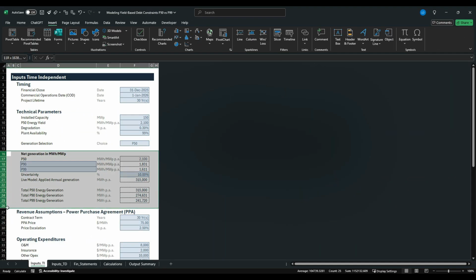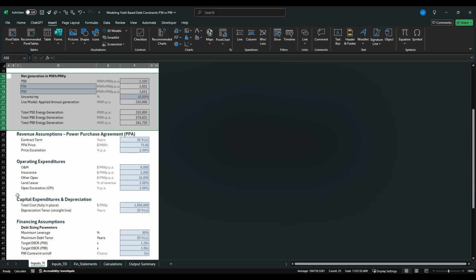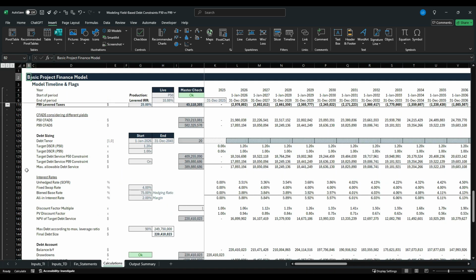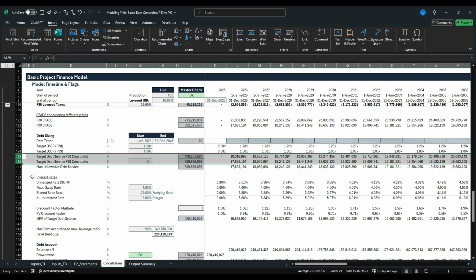You will learn how to generate flexible energy yield scenarios using uncertainty assumptions, and dynamically size debt based on the minimum of 2 DSCR requirements. You will also see how these constraints affect the amount of debt you can raise, and what that means for